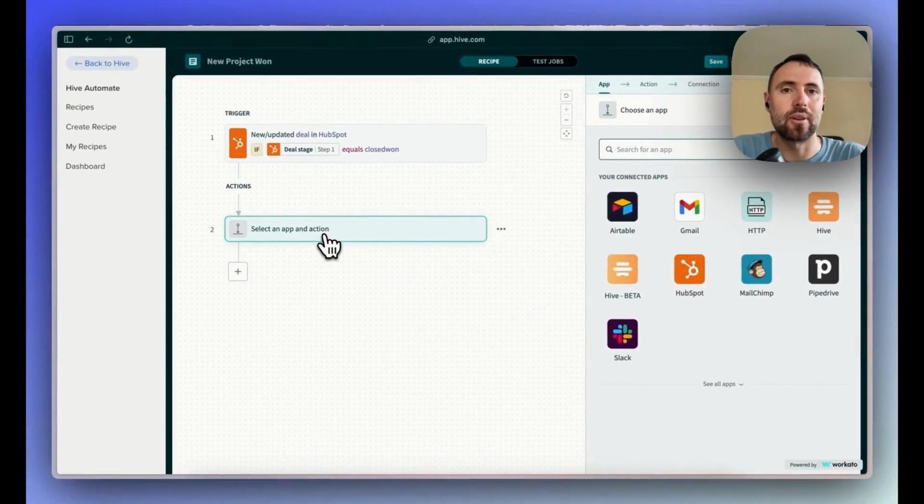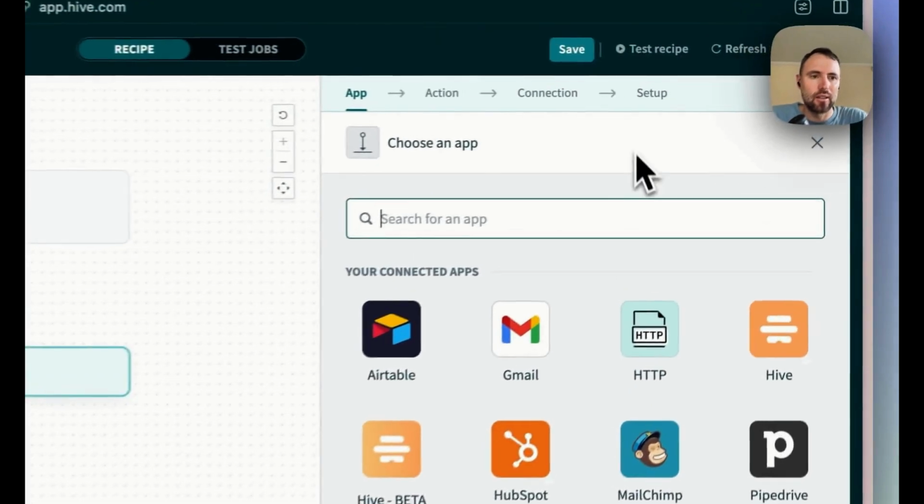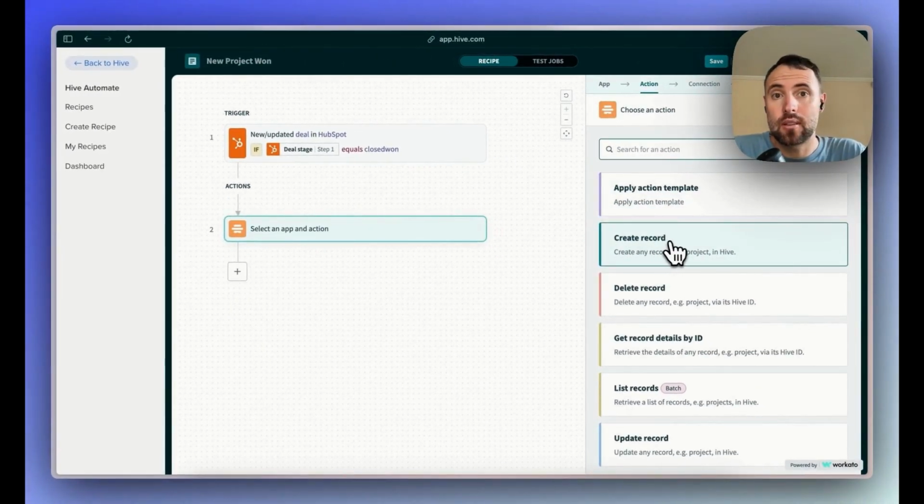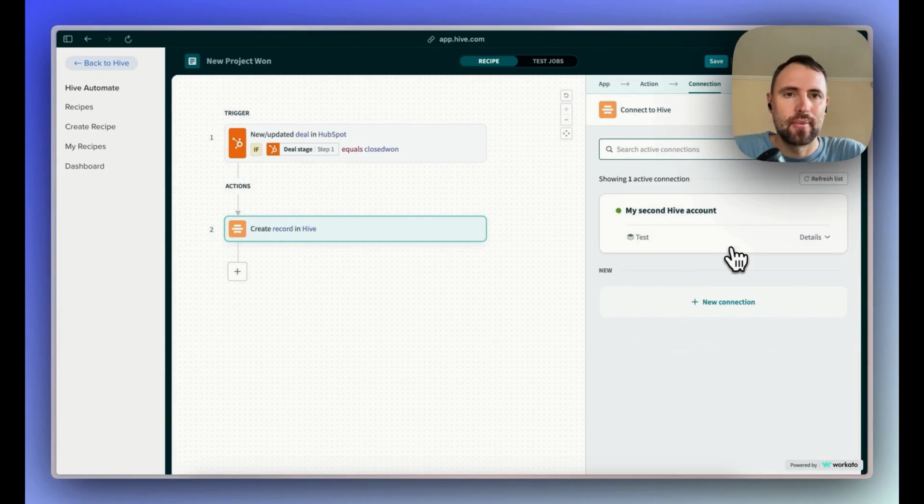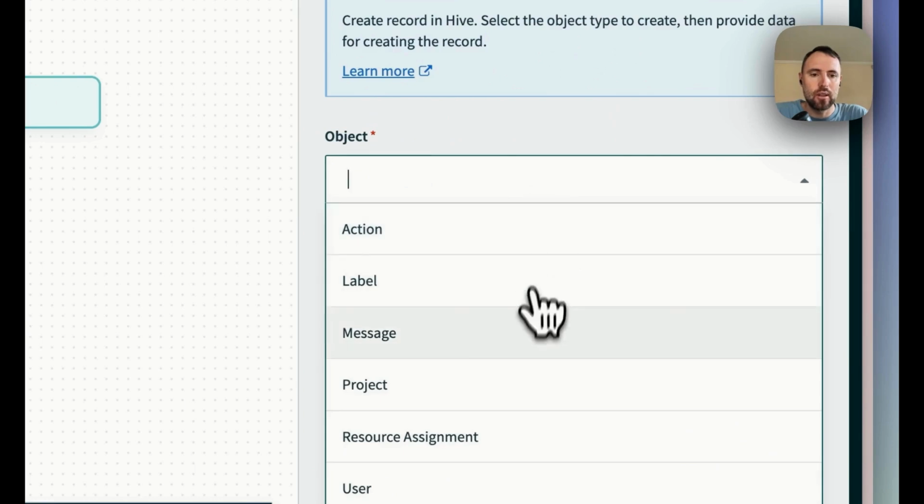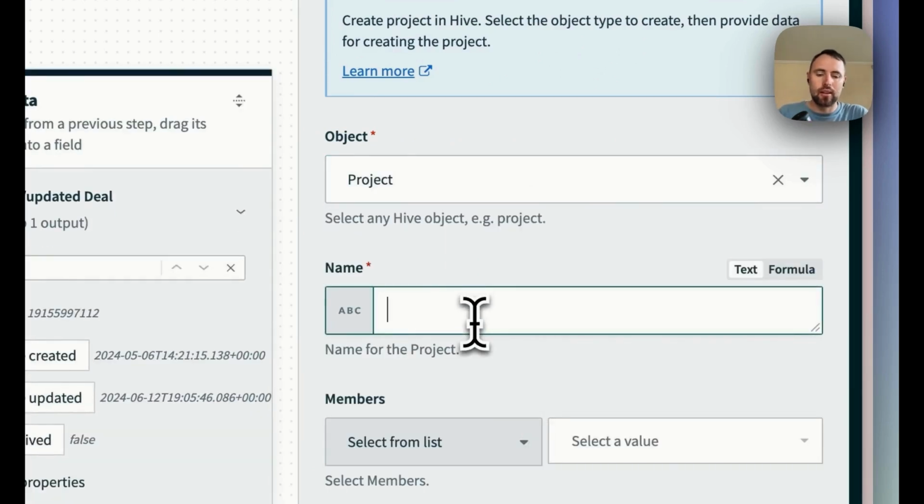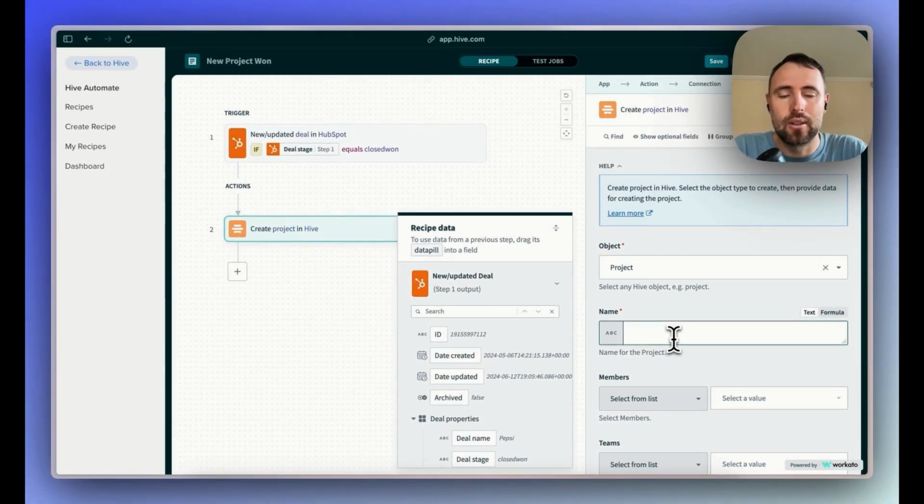For the action, we said we are going to create a Hive project. So let's go in here and click on Hive. The action we are going to do is create a record, as the project is a type of record in Hive. Then I click on the account I already connected. And the object we are going to create, as we said, is a project. For the name, you may be tempted to type in and hardcode the name of the deal you were working on in HubSpot, like doing something like this. But actually what you can do is bring the name